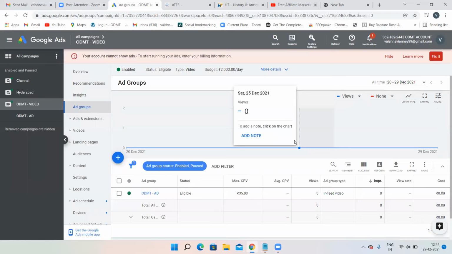Same like video network, mobile network campaign will also be there. Display and video both are similar. The only difference is there you will be uploading images, here you will be uploading video. In mobile app campaign, you have to just copy the URL and paste the URL of your mobile app and everything. That's it. That's it about all these campaigns.